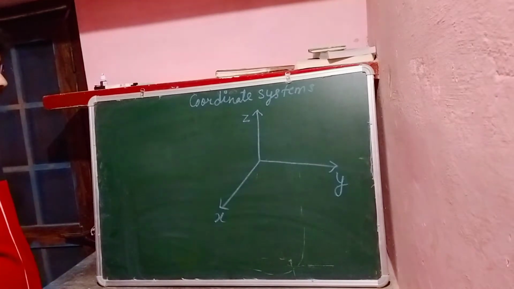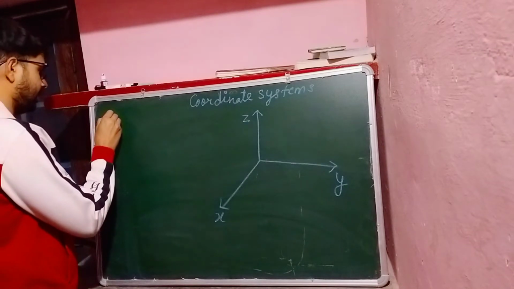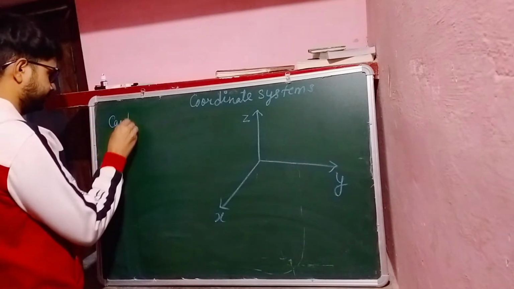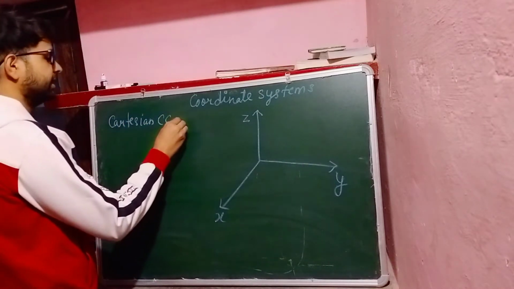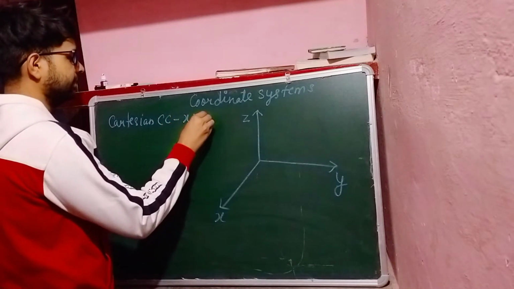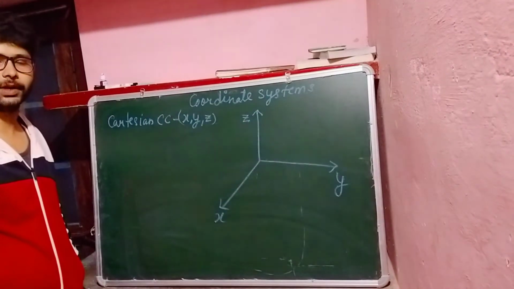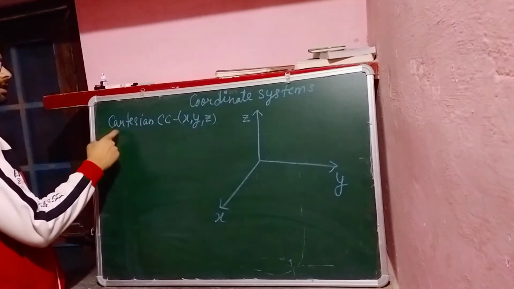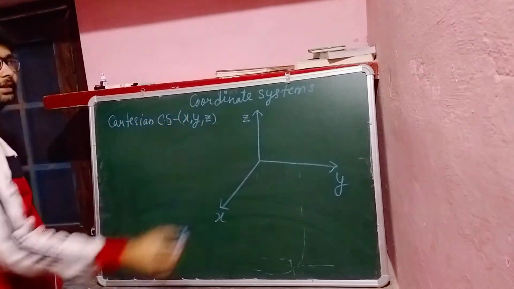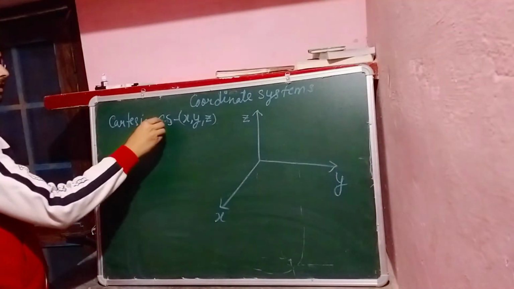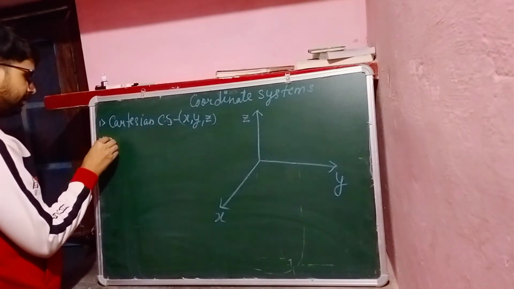Coordinate systems. What we have learned is the Cartesian coordinate system. In the Cartesian coordinate system, we deal with x, y and z axes, which are mutually perpendicular. Apart from this, there are a few more coordinate systems which are